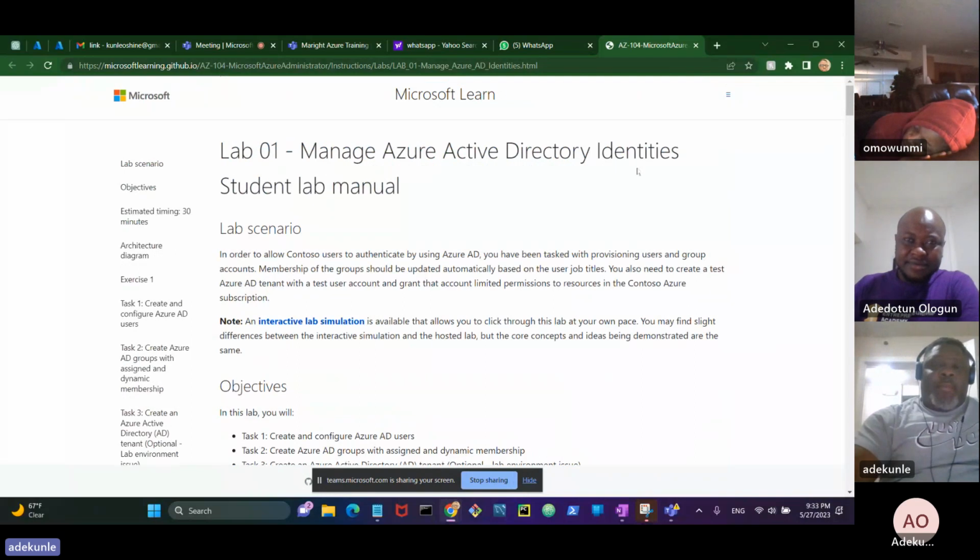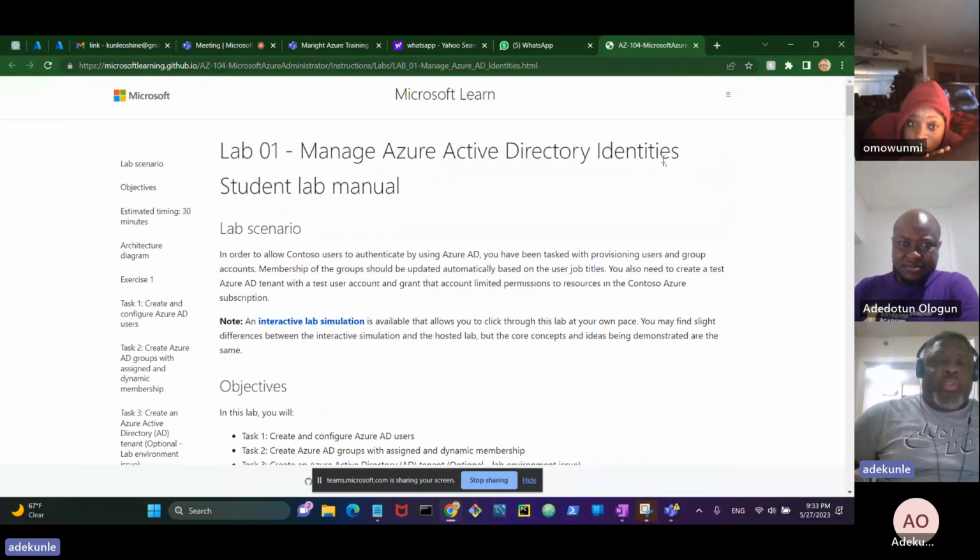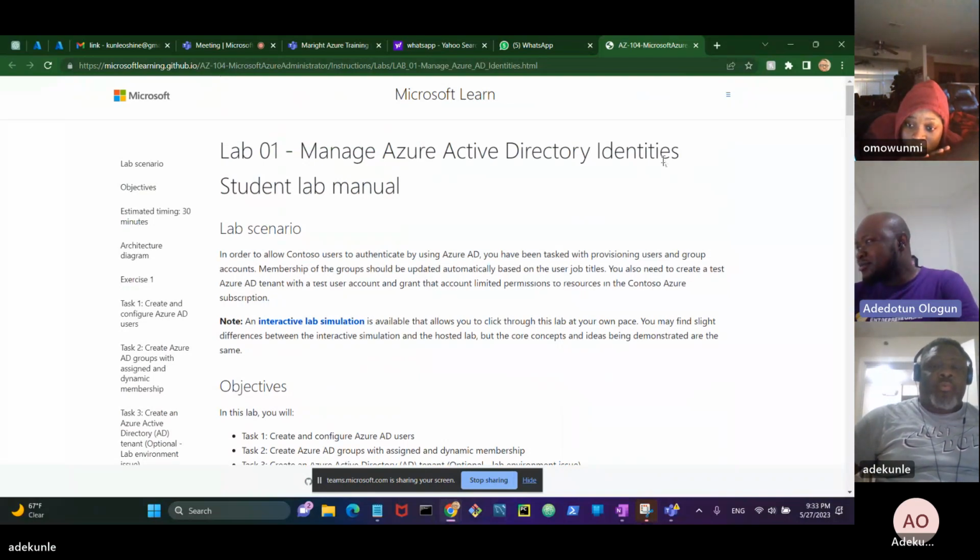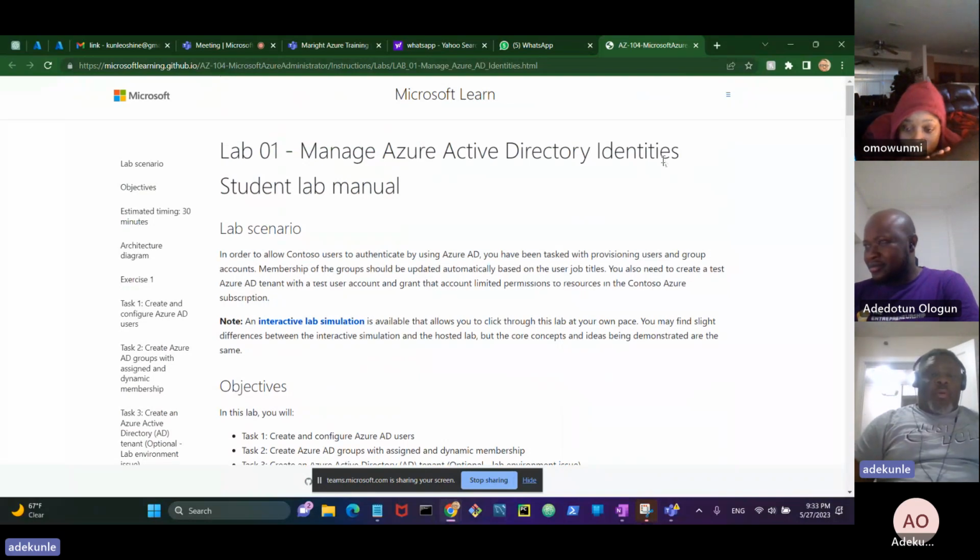Lab: Azure Active Directory Identity Lab. In order to allow Contoso, what will be Contoso? Contoso is like your kuda.com. Okay, it's just a company. In order to allow Contoso users to